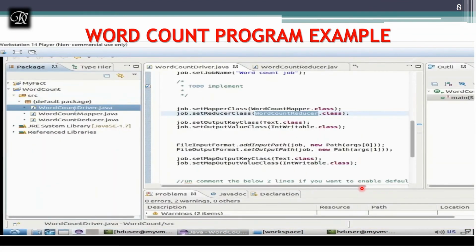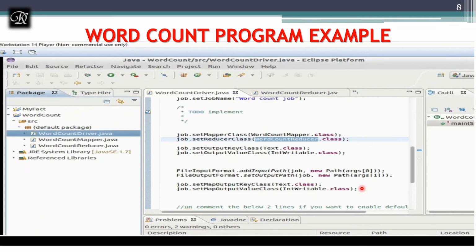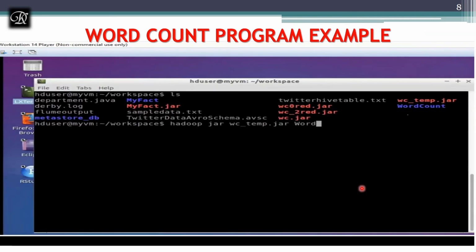Yeah, I should give them the class name, which is the main class, that is WordCountDriver. Directly I'm running now. Yes, WordCountDriver. That should be the class name of the class which has the main method. And I'm going to give where the input files are for that.